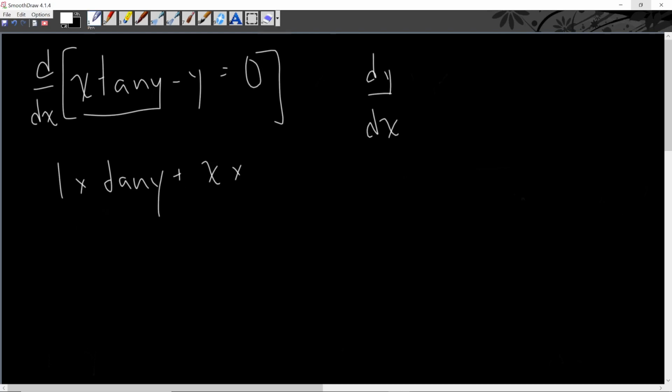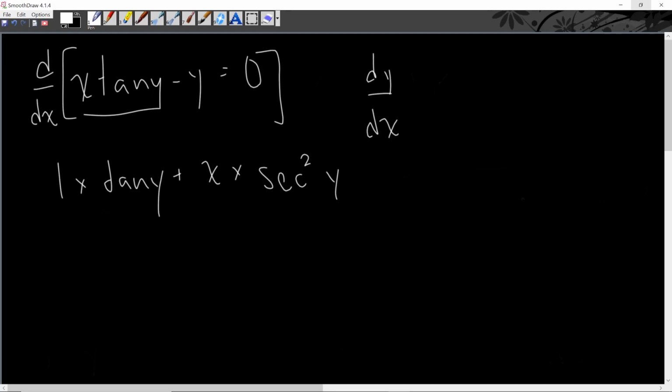But this will be x times, oh, wait, I'm not sure if this is asking for secant squared or not. Oh, they want me to simplify it. Okay, I'm actually going to use secant squared for this one, though. So this will be x times secant squared